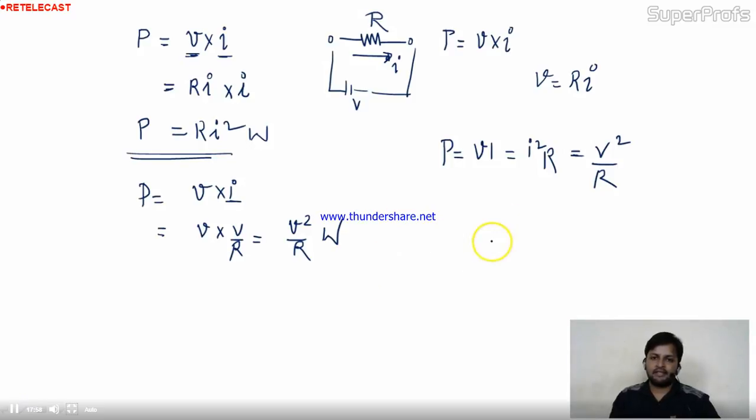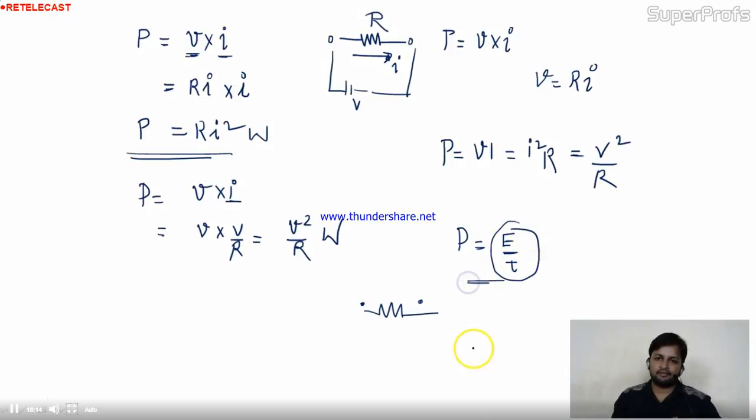By the definition, the power is energy per unit time. See, in this circuit we are transferring the energy, right? So the power is nothing but the energy transfer per unit time. And the unit of power is watt. Now this one is not important because this is the basic. The importance is,